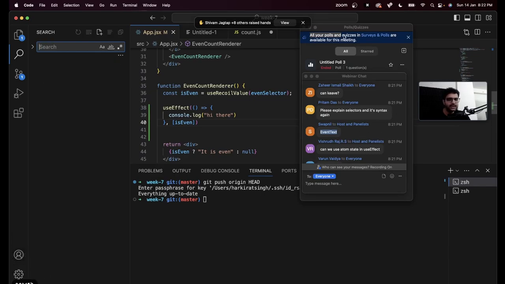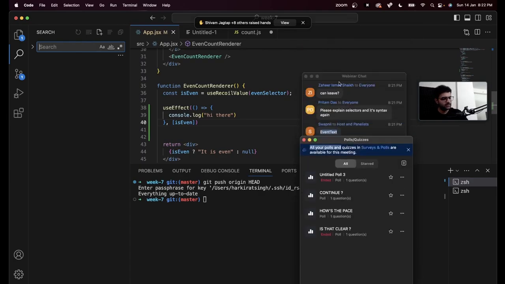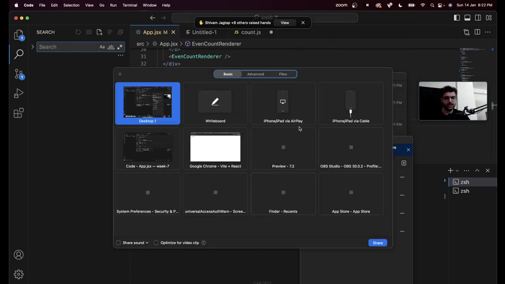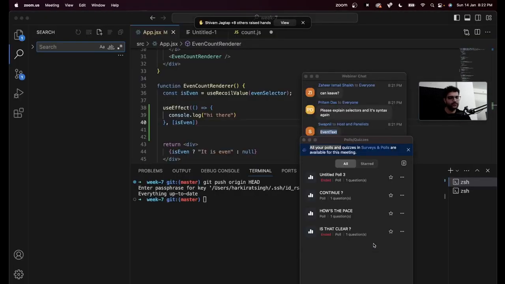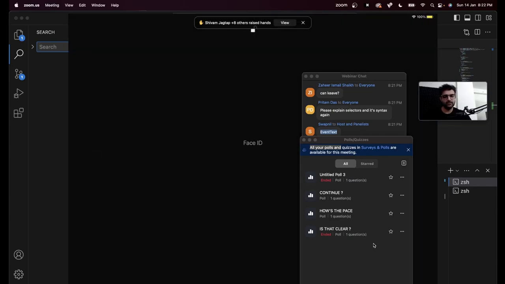Please explain selectors and its syntax again. Sure. What I said was, okay, atoms are good enough. Do you need selectors? No. But what do selectors provide you? If you remember the definition,